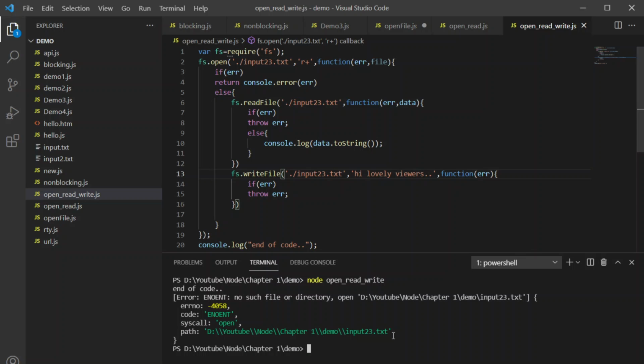Okay, so it has thrown the exception that there is no such file. So we know that we cannot open anything in a write mode if it is not existing. But if we do the opposite and we do w plus,